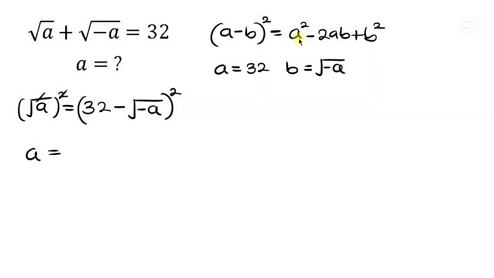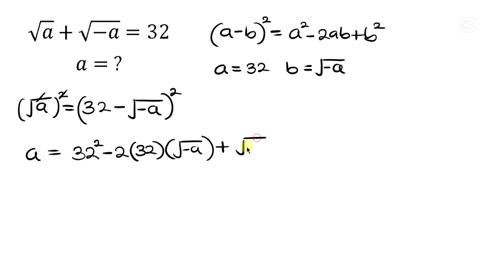So we have a squared, that's 32 squared, because 32 is actually a, minus 2 times a times b. So minus 2 times a is 32, times b is the square root of negative a. And then plus b squared. So plus b, the square root of negative a squared. Good. So a will be equal to 32 squared, which is 1024